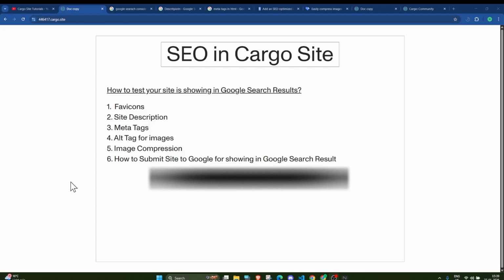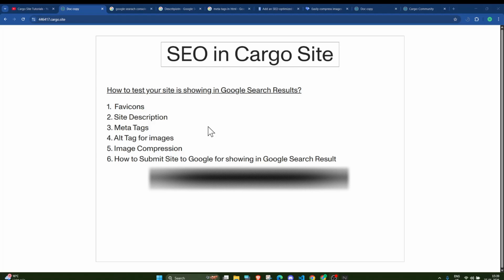So in this video, I'm going to show you how you can make your site SEO friendly in Cargo, and what things you can implement in Cargo. But before starting, I want to tell you that Cargo does not provide as many options as other site builders.